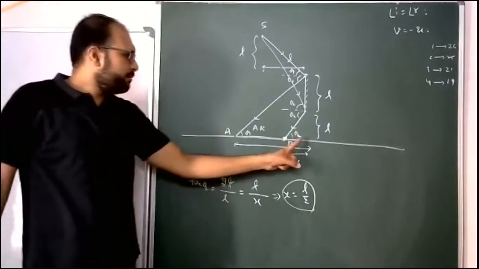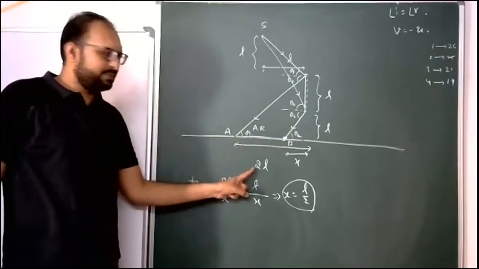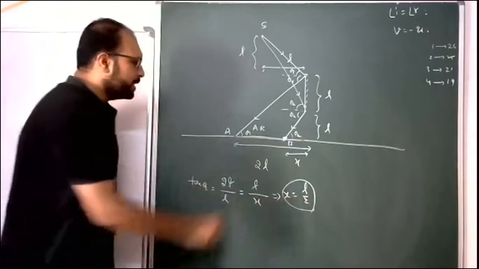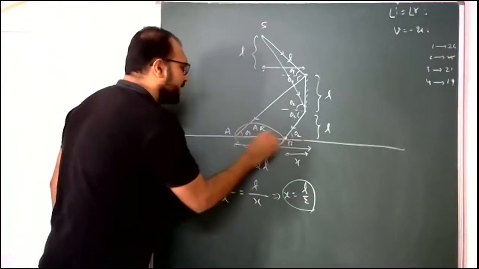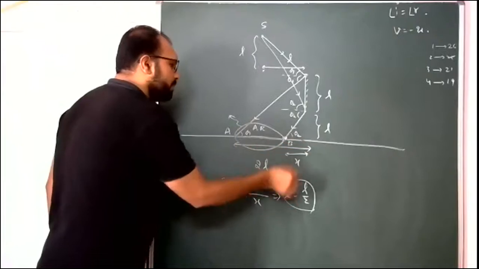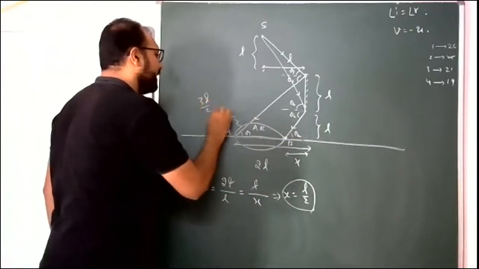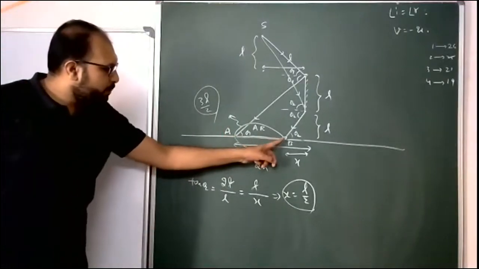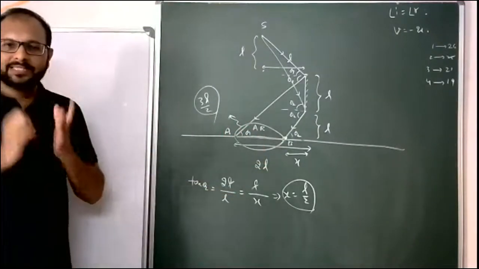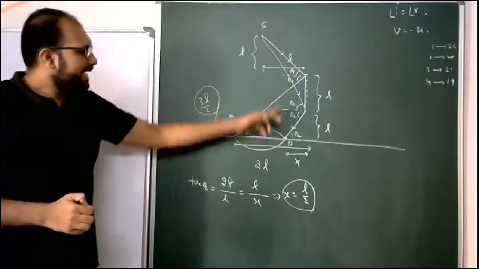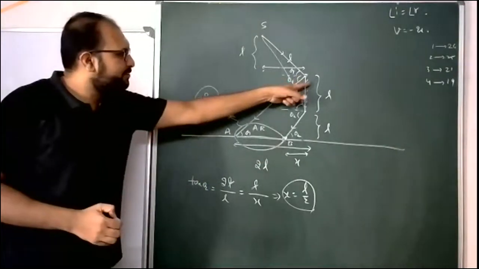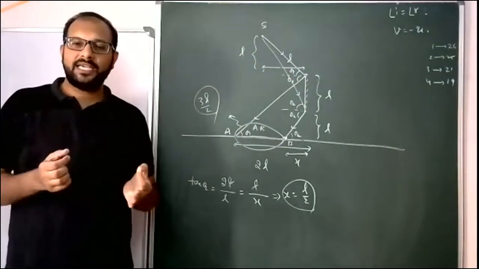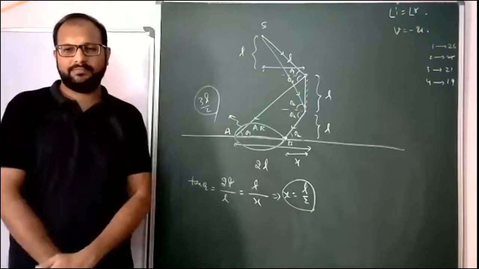Yes, now from here to here 2L, but here to here X equal to L by 2. So students, what is the active region? 2L minus L by 2, 3L by 2. So only in between A and B only light rays coming from this source incident after reflection from the plane mirror. So this is based on angle of incidence equal to again angle of reflection.